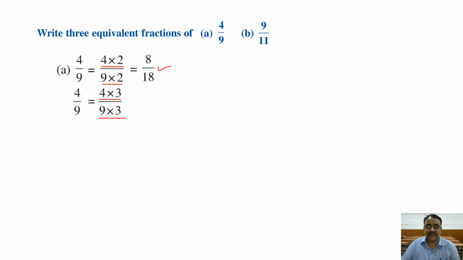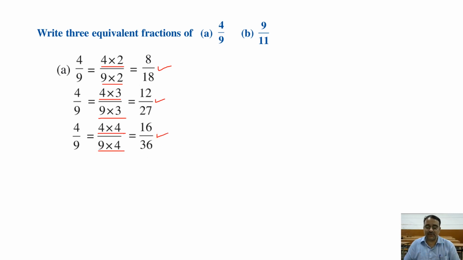12 by 27. Now multiply by 4. So what are we going to get? 16 by 36. Very good, 16 by 36. So first question over. Therefore, the equivalent fractions of 4 by 9 are 8 by 18, 12 by 27,